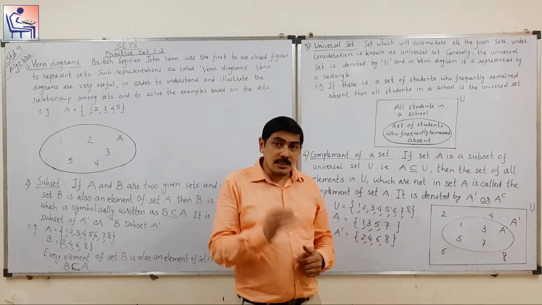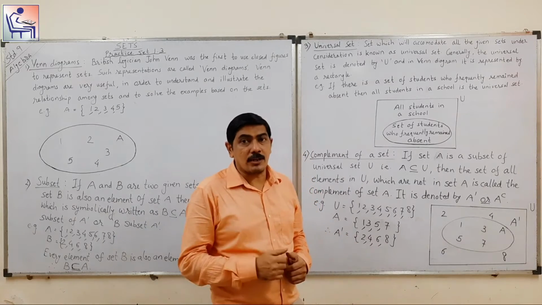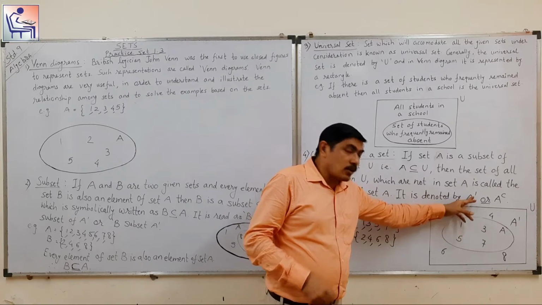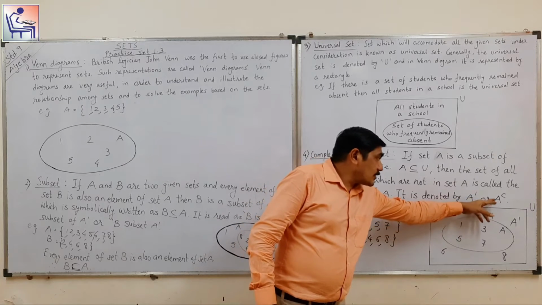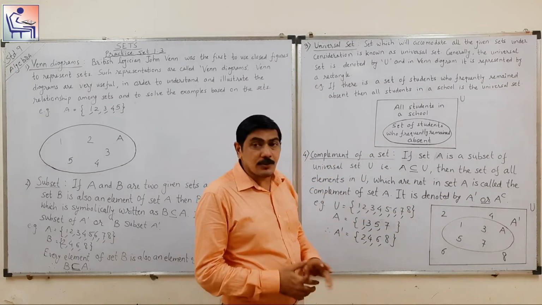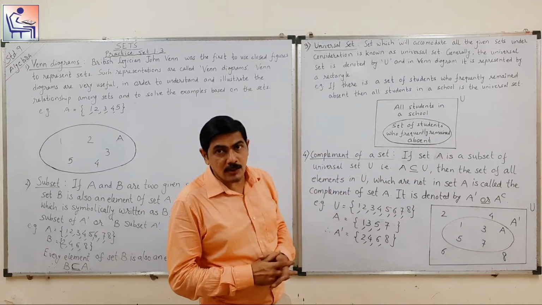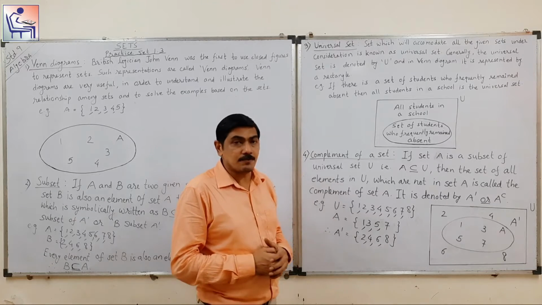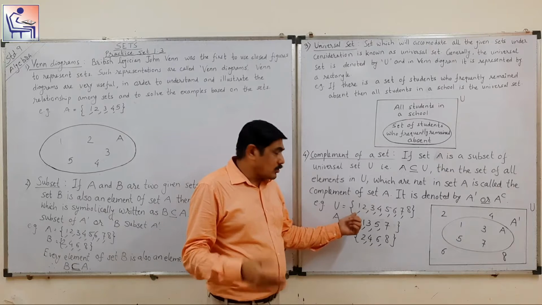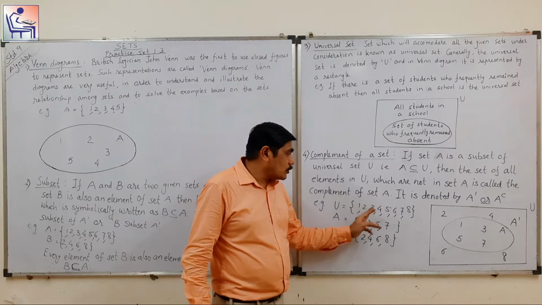So here, by the example, you will understand very well. It is denoted by A complement. This is the sign of A complement, and you can say this way also, that is A complement. So any one sign you can utilize for complement of set A. Now for example, यहाँ पे आप देख रहे हो the elements of universal set is 1 2 3 4 5